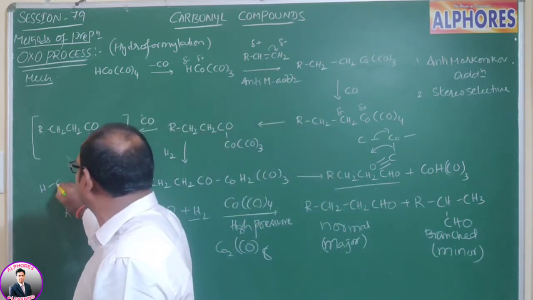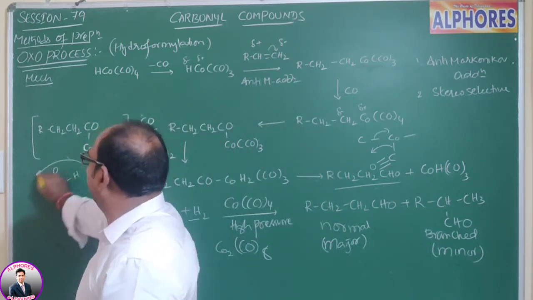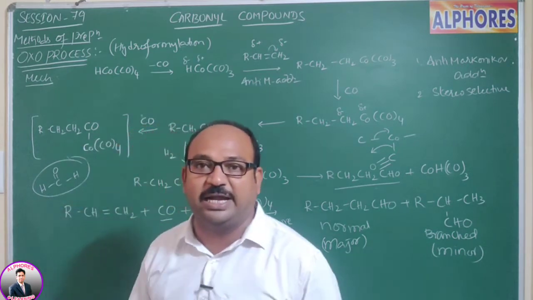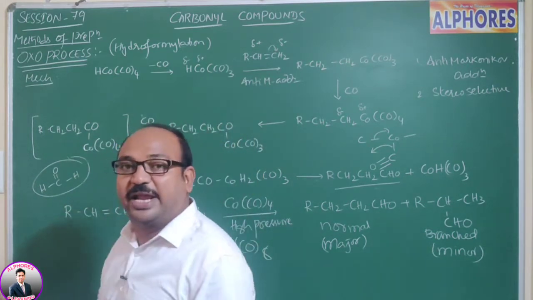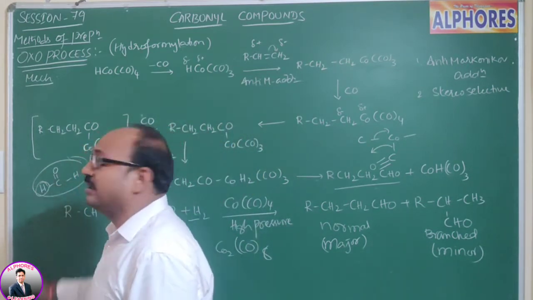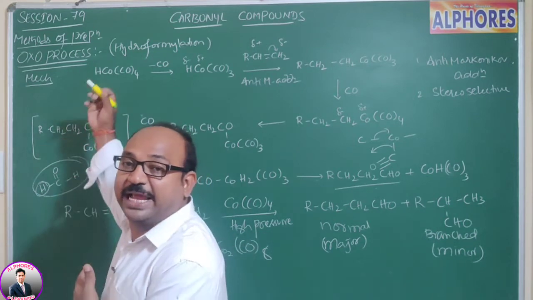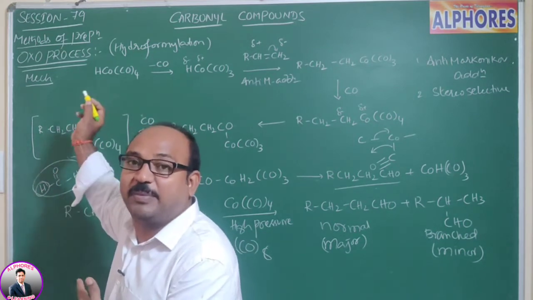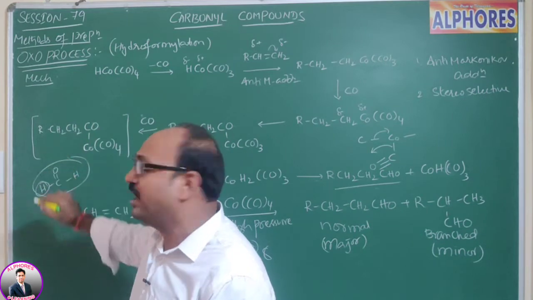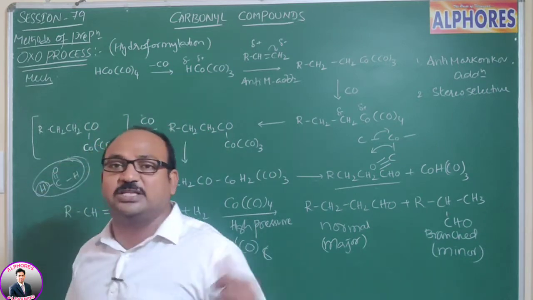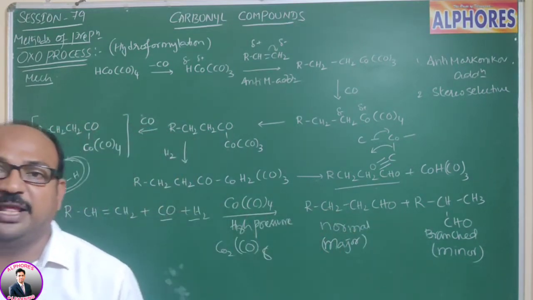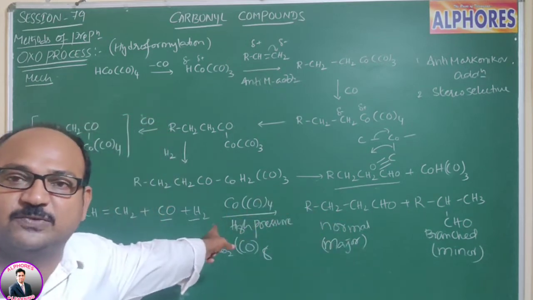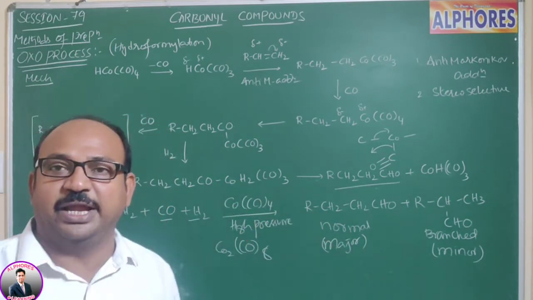and this one we can say looks like H-C double bond O, like addition of formaldehyde, in which H plus will come and attack the carbon containing fewer hydrogens, and the CHO group has to attach to the carbon containing more hydrogens. That's why I used to mention this is anti-Markovnikov addition.